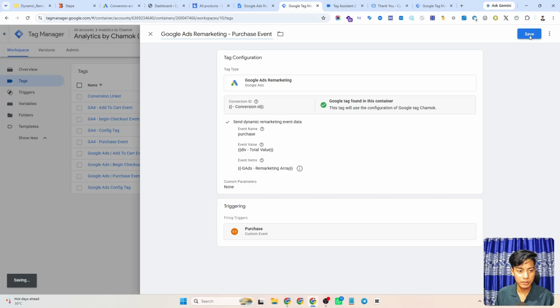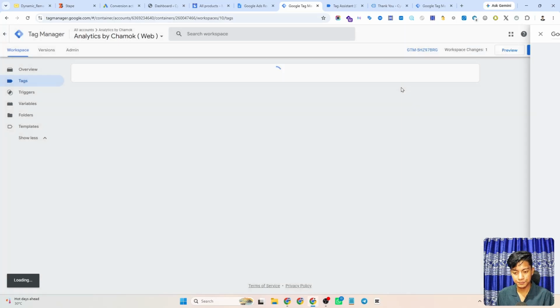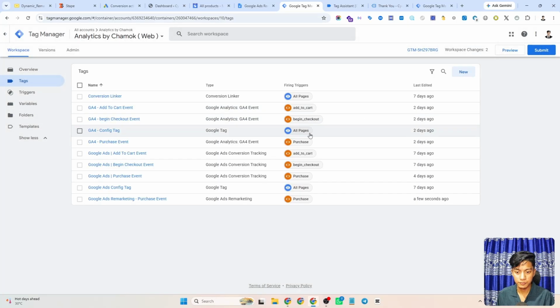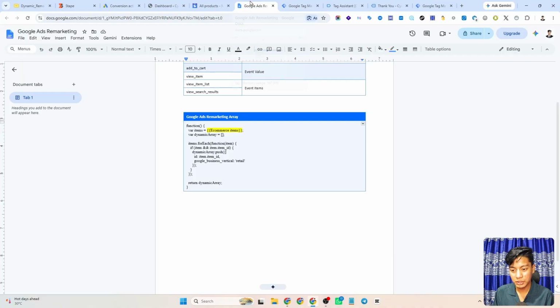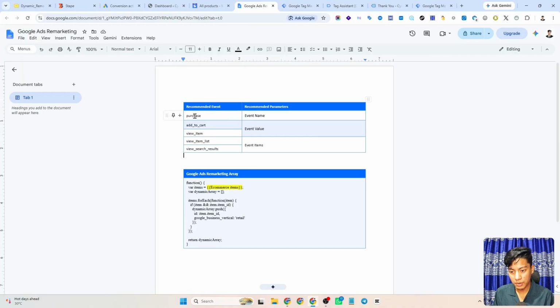Then I click the save button. After that, you need to create more tags. I go back again to my sheet. Okay, our purchase event is complete,